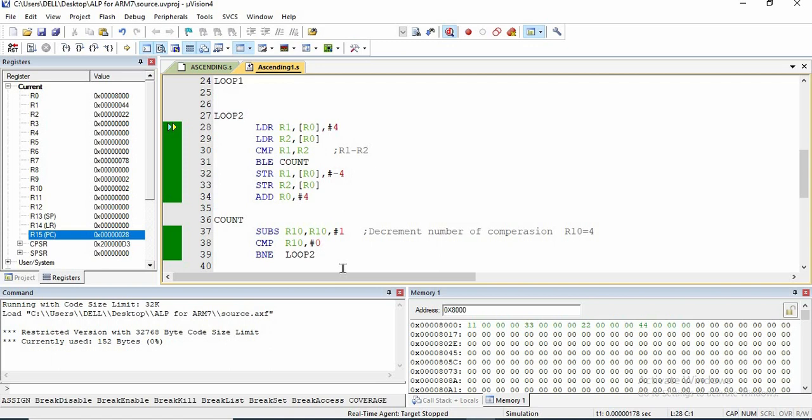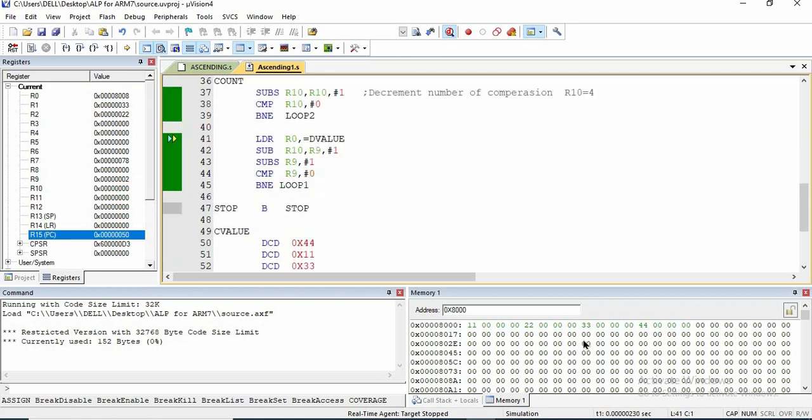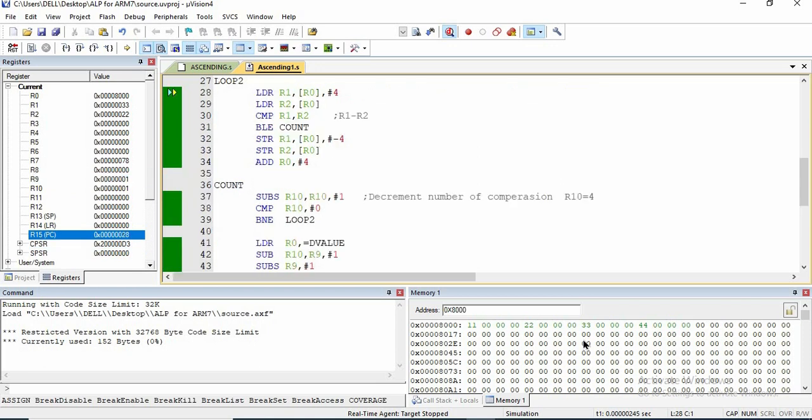So the same thing happens, comparison, swap. I will take it through directly. 33 is there, so 33 came over here and 22 over here. Again the count is decreased. So again this one is reassigned to first element. Number of pass, we have still one pass and one comparison to make. So comparison has been made.